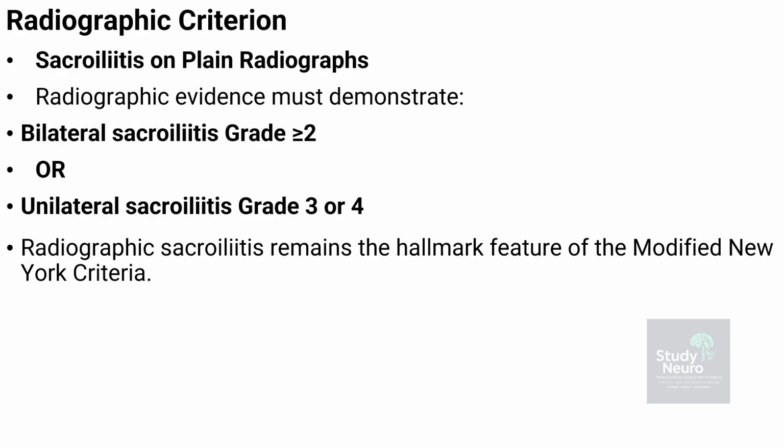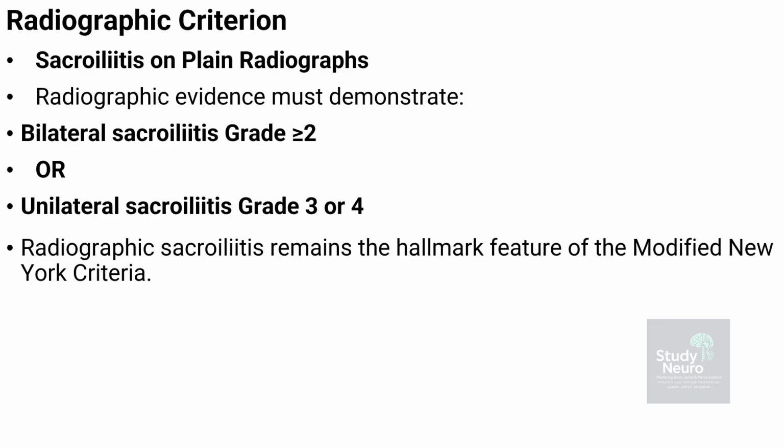The radiographic criterion focuses on structural damage in the sacroiliac joints seen on plain radiographs. These imaging changes provide objective evidence of disease and form the central feature of the modified New York criteria. This criterion is fundamental. To satisfy the imaging requirement, the radiographs must show sacroiliitis affecting both sacroiliac joints at least